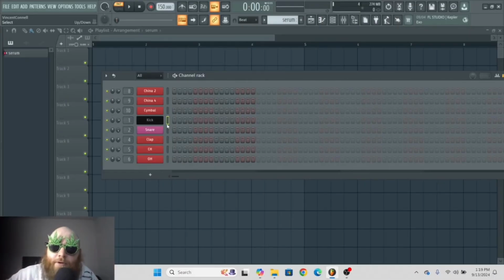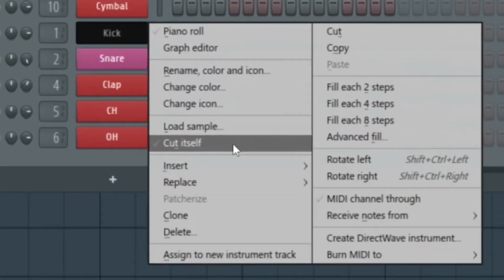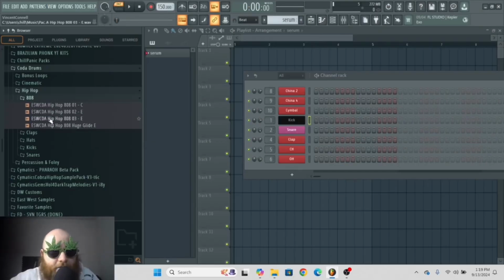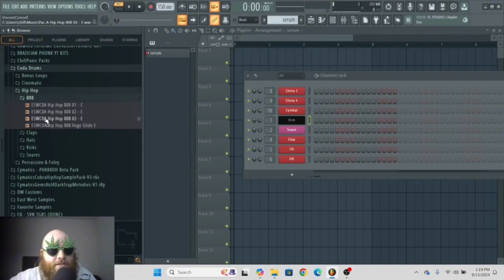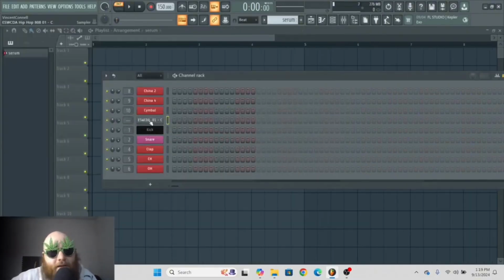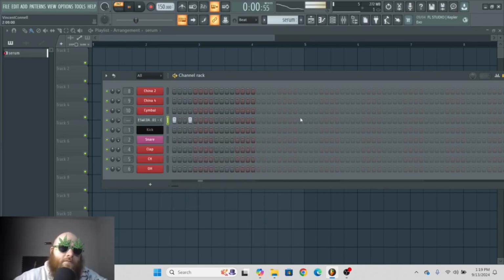Another very important parameter of the channel rack is when you right click something and you click cut itself. It's not emo-fying your samples. It's very useful for things like 808s. So let's say we got this 808 right here. Dang, that's nice. But whenever you do this,